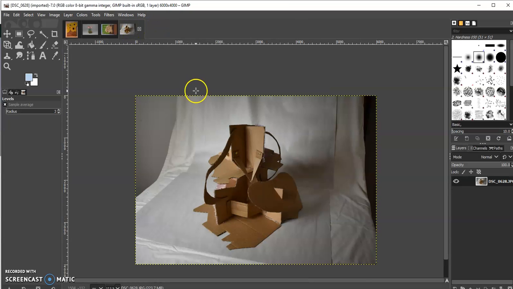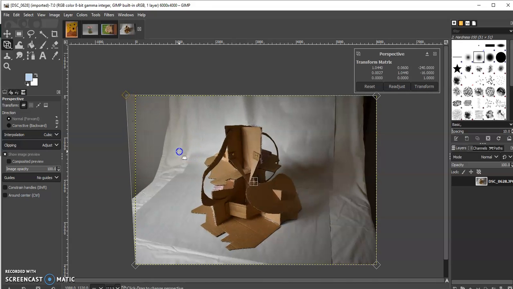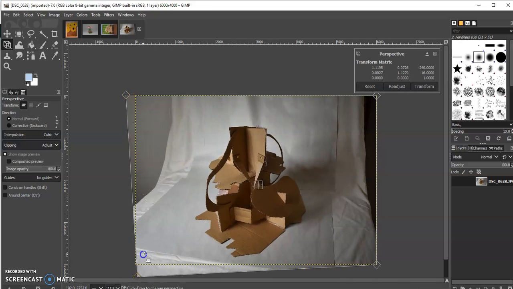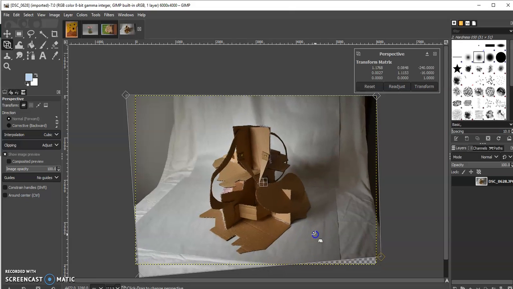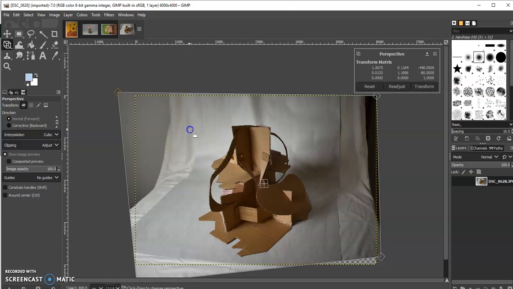All right, so let's do this one together. We're going to follow all the same steps. I'm actually not going to do too much straightening here, just a little bit. So I'm not really going to use any guides, but I'm just going to pull it a little bit so we get a little bit of straightening happening to this, so that when I crop it, we have a little bit of a better